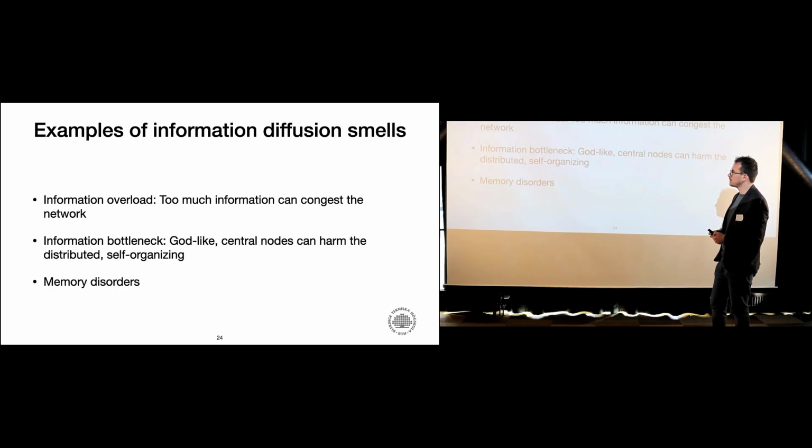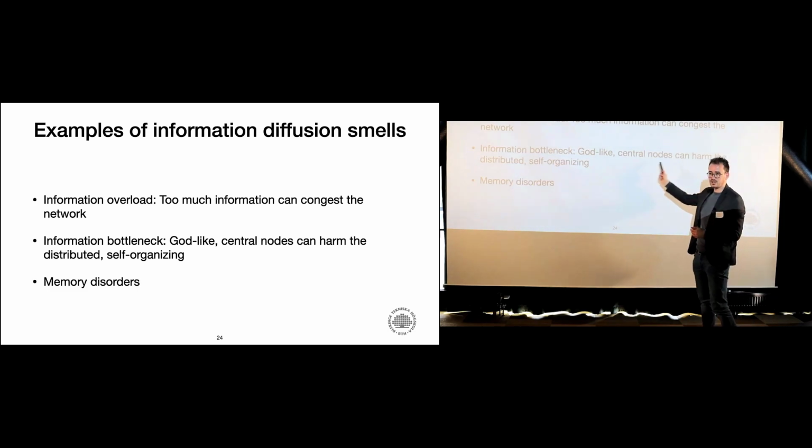The other one is the bottleneck. The red one was also a bottleneck because everything always went through this guy. And again, it contradicts our understanding of communication networks, namely a central node with a lot of power, a lot of influence, with